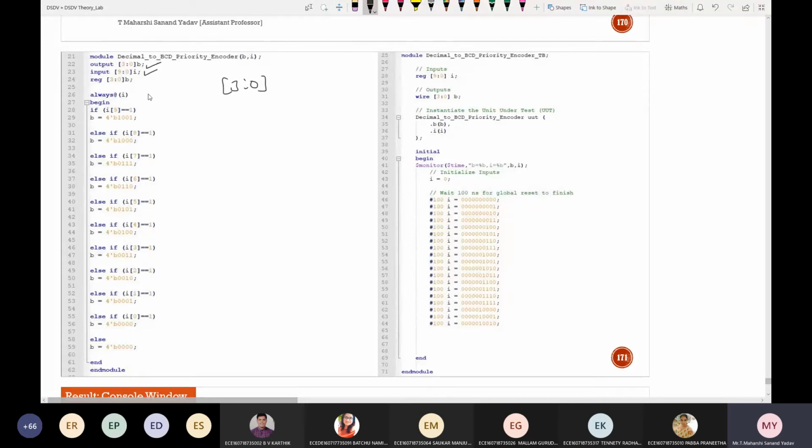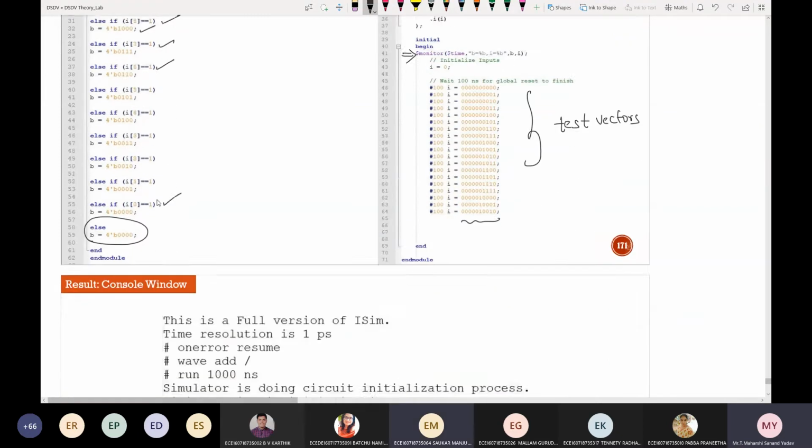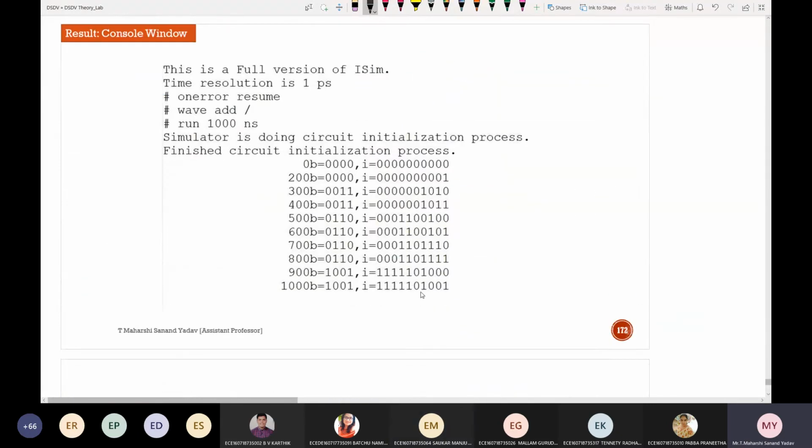Always make a note, when you're using always statement, output should be declared as register. Next, begin and end, checking the conditions. If it is 9, it should be 9. If it is 8, it should be 1000, which is 8. For 7, 6, 5, 4, 3, 2, 1, you fill this, else it should be 0. This part is very easy now. The two more changes here are you have to add $monitor, and all these are test vectors. How many stages you want, you can take. But the important thing is, depending upon the priority, it should show us the result. Understood? Yes, sir.